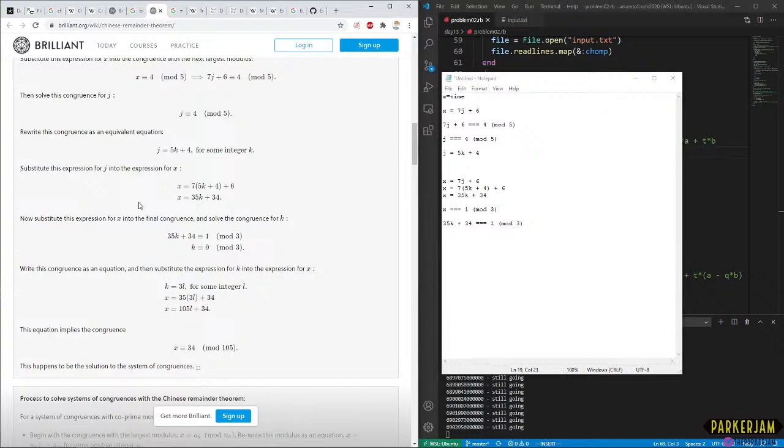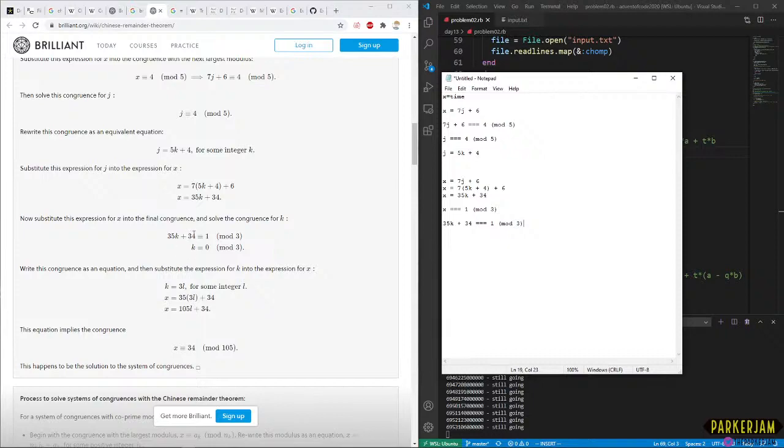Oh, I get it. I get it. So if you... No, I don't get it. Okay, so 1 mod 3 equals some expression minus 1.